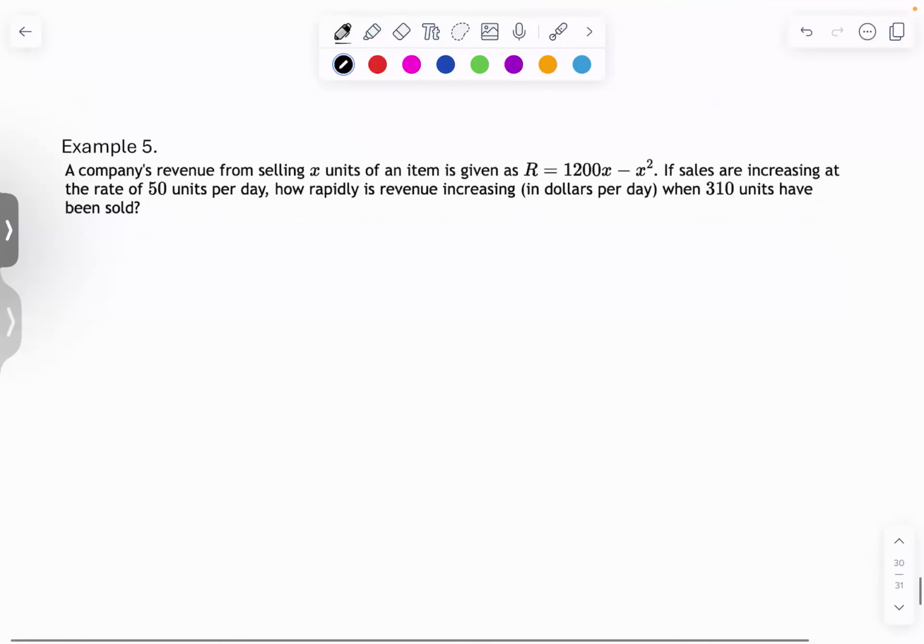And we're to our last problem. A company's revenue from selling x units of an item is given as R equals 1200x minus x squared. If sales are increasing at a rate of 50 units per day, how rapidly is revenue changing in dollars per day when 310 units have been sold? Okay, so again, we want to view R as a function of t, time, and x is also a function of time. So it's no longer R as a function of x, which is what we've been dealing with. So this is going to be a little bit different. So I'm going to take the derivative,